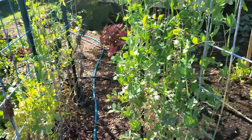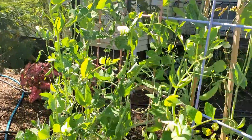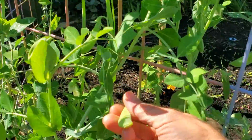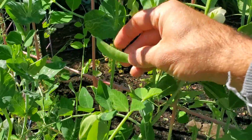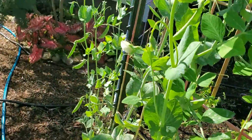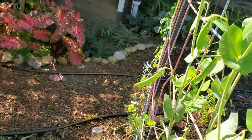Crawling up these trellises that formerly had squash on them are now some sugar snaps, and they're doing well. Check out this little sugar snap guy. They're almost mature enough to pick. I'd say another week. And it seems like planting the 1st of August worked really well for the sugar snaps